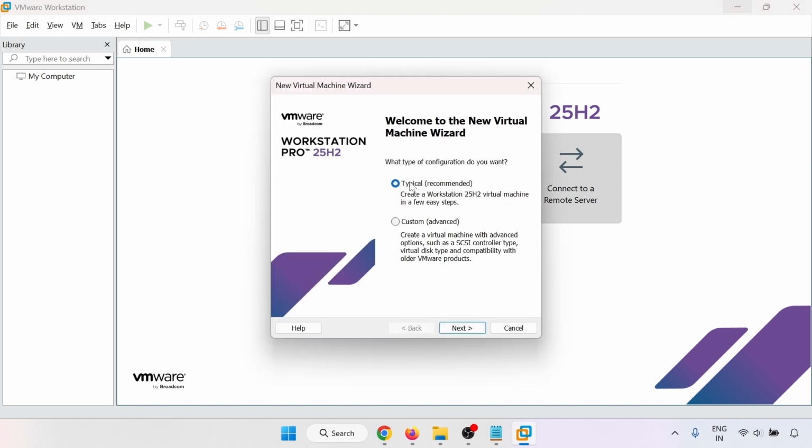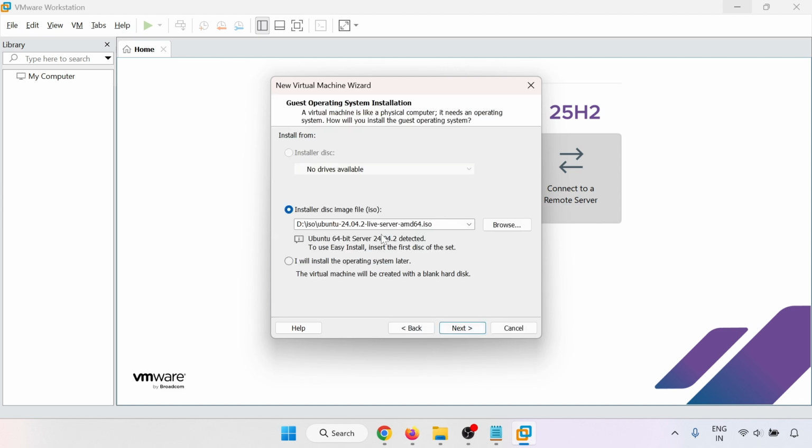Now, there are two options: Typical and Custom. If you want to create the VM inside VMware Workstation, you can go through both options. Here you can customize all the step-by-step process, and Typical is already recommended as per Workstation 25H2. So just click on Next. We need a